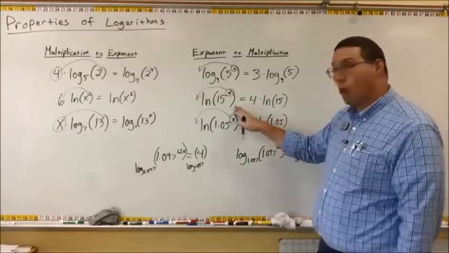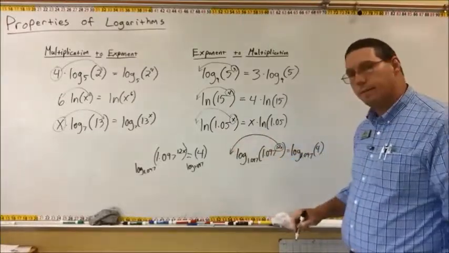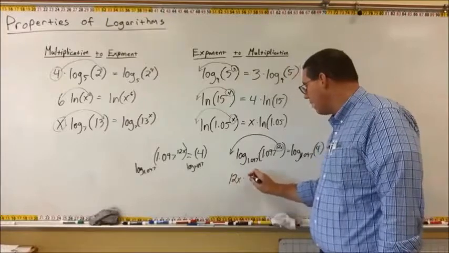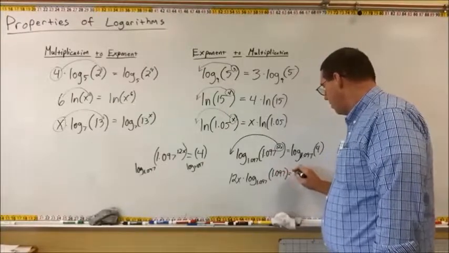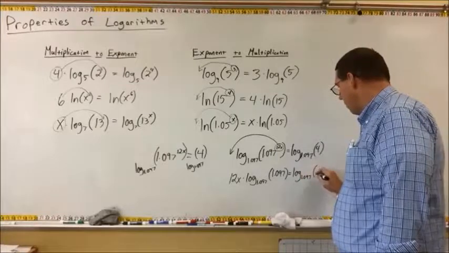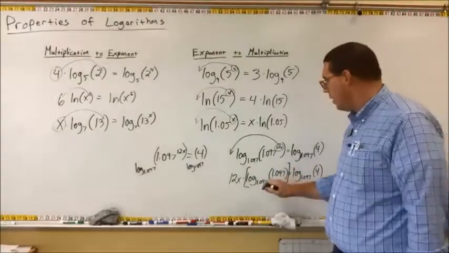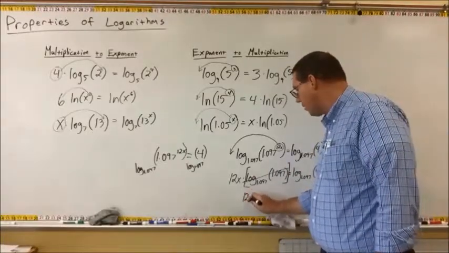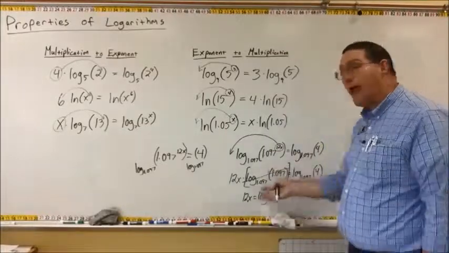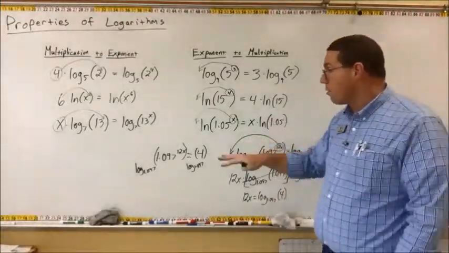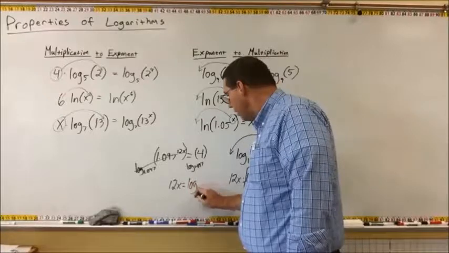Now, based on this property, what should happen to this exponent? Can't we take this exponent and move it to the front? And now we would have 12x times log base 1.097 of 1.097 is equal to log base 1.097 of 4. And then what is log base 1.097 of 1.097? It's 1. It cancels. And now we have 12x is equal to log base 1.097 of 4. Okay? And hopefully you can now understand why, when we're solving exponential equations, we just cross this out and bring down the 12x. It's because really we're shortcutting